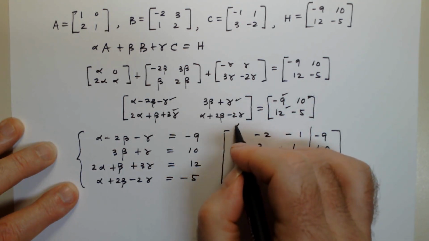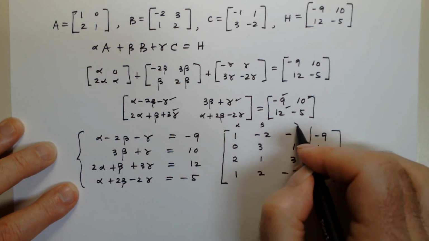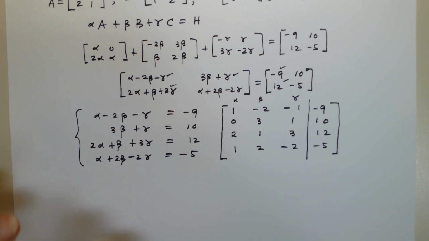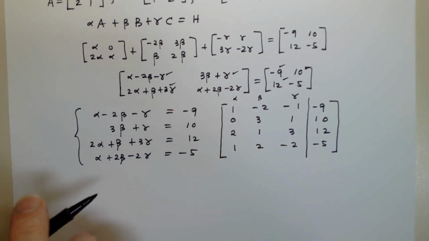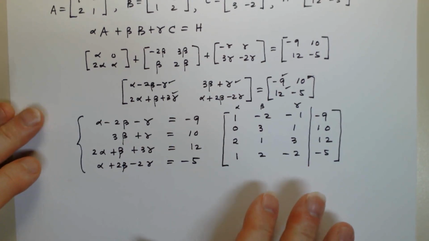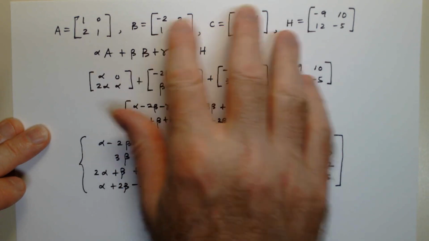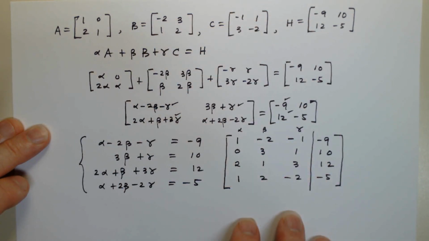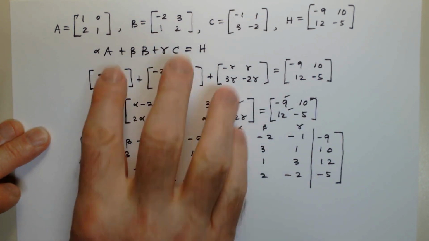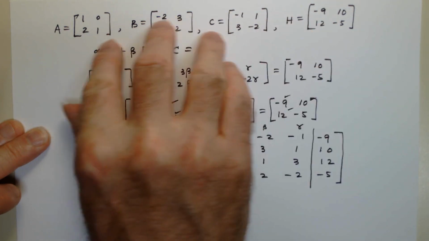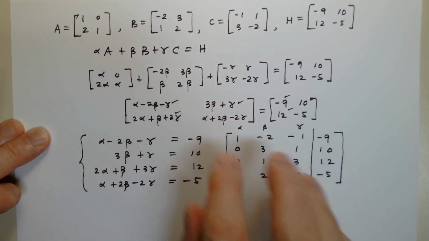And we'll remember that our columns correspond to alpha, beta, and gamma. We'll have to remember that at the end of the day. But right now we've got this augmented matrix. And just for future reference, it might be helpful to think about how the information in the matrices ends up in this augmented matrix. Is there a way that we could understand how to go directly from the matrices and the spanning question to